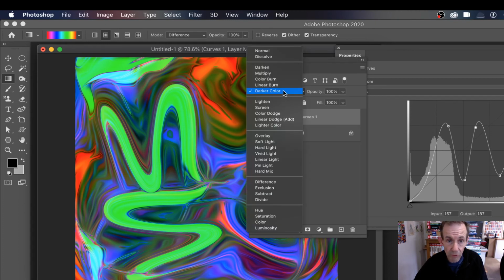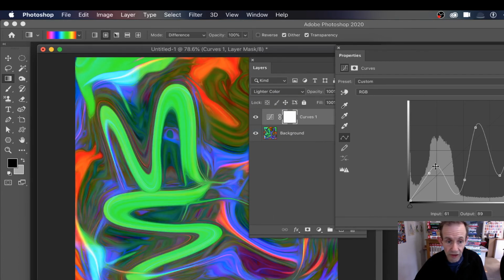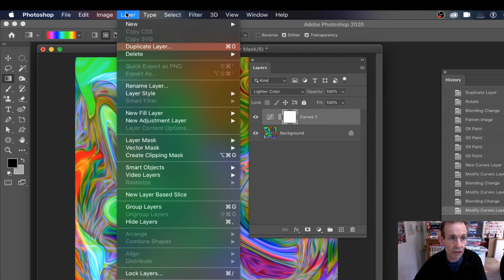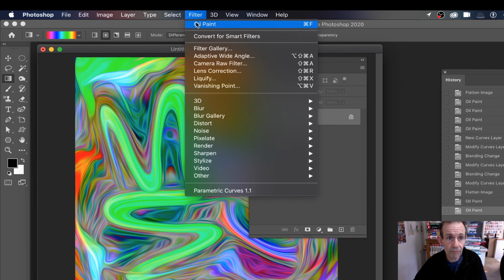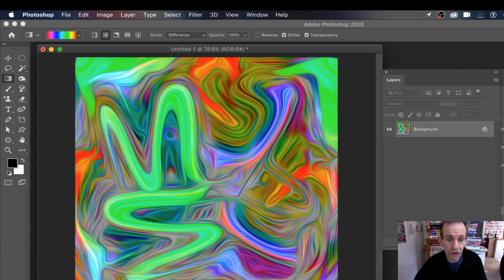But again, this is the reason why it's nice to be able to go to Lighter Colour if you want to create a different design. So you go, say, Lighter Colour, and you can see just by changing that, it brings in more or less. And I'm going to move that now. And then Flatten, Layer menu and Flatten. Again, I always like Oil Paint, so Oil Paint a couple of times. Create that. And then you've got your design there, a very abstract, colourful design using a combination of gradients, adjustments,